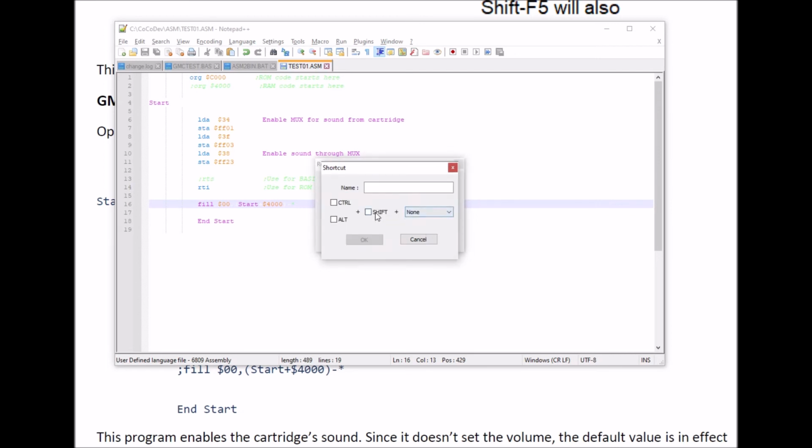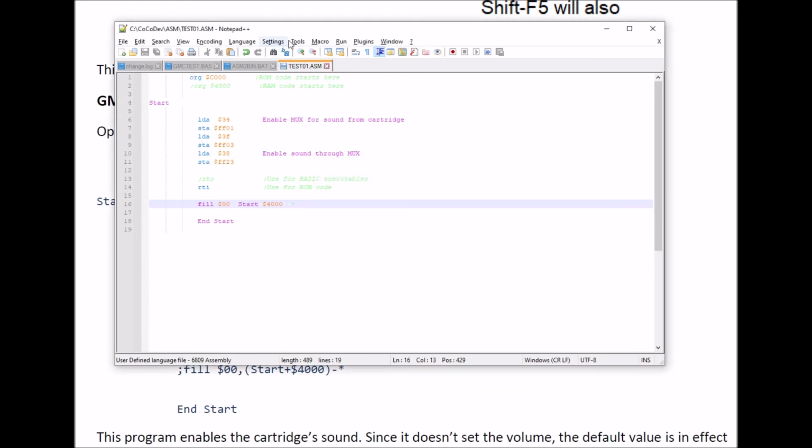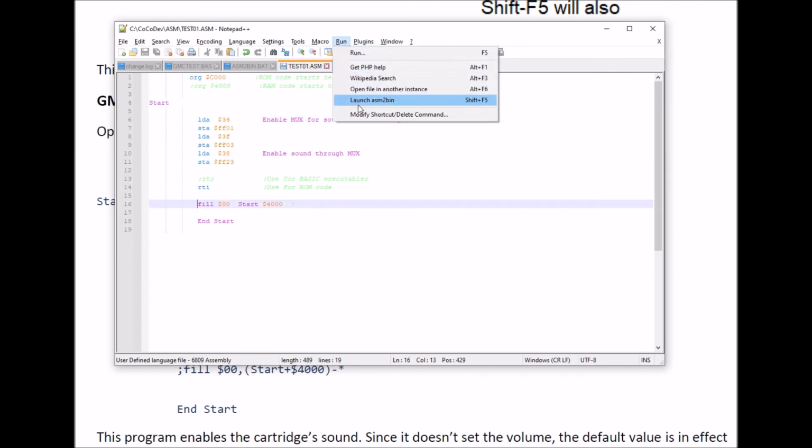I'm going to click save. I'm going to make sure that this is correct. Launch ASM to bin, and obviously I'm going to put this back in. Perfect. See, it mentions that a conflict is found. All right, so now let's close it, and now let's go back to run, and we are going to launch